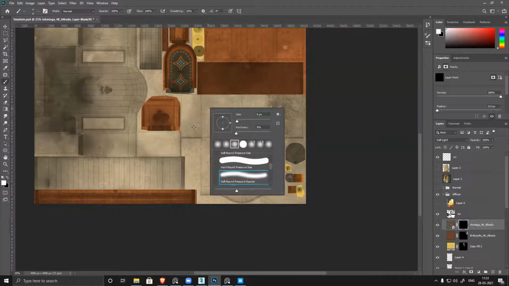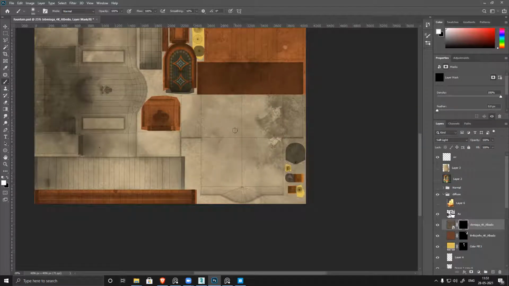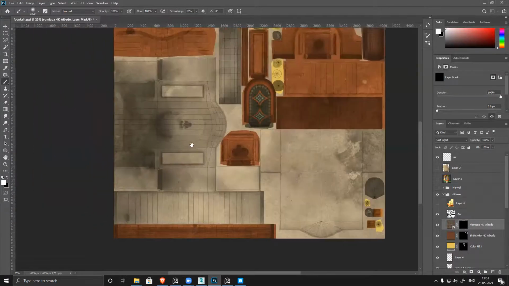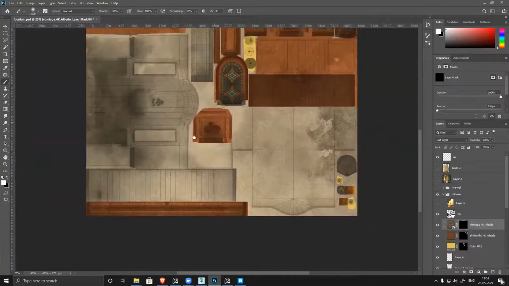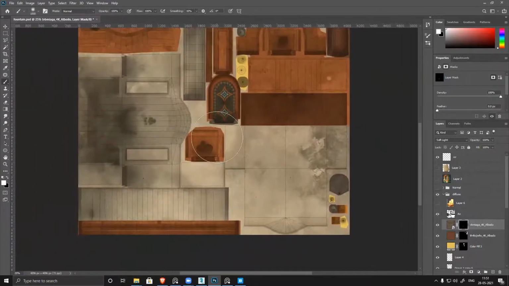I select a soft brush, big brush, and I can add that dirt wherever I want.